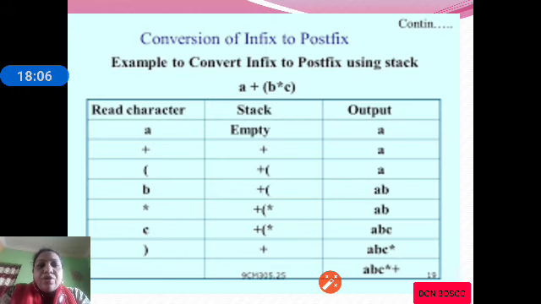B, it will go to output. Into, as asterisk is an operator, put it onto the stack. Next scan symbol is C. C, we will put it onto the output. Next scan symbol is closing parenthesis. So for closing parenthesis, we will pop all the elements until we get the left parenthesis and put them onto the output. Discard left and right parenthesis. Then we will pop plus. So the converted postfix expression will be ABC into plus.